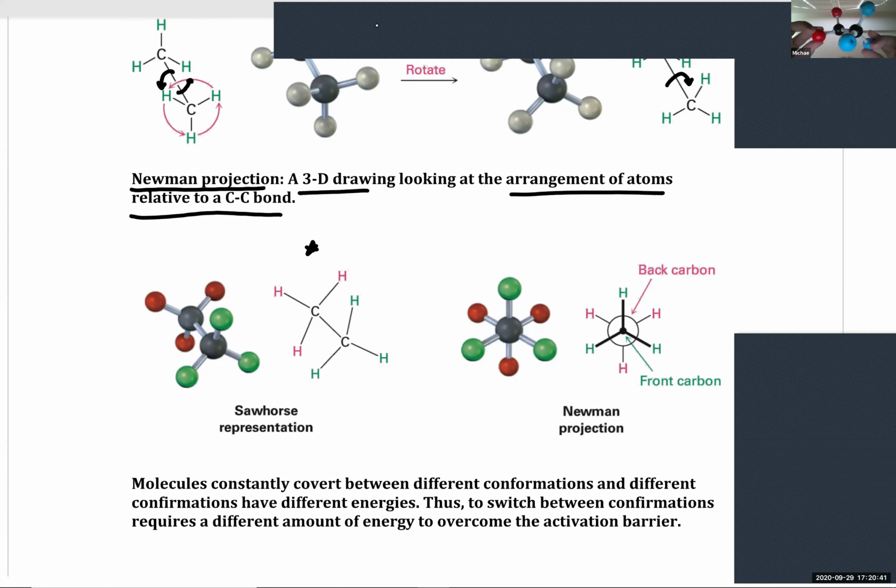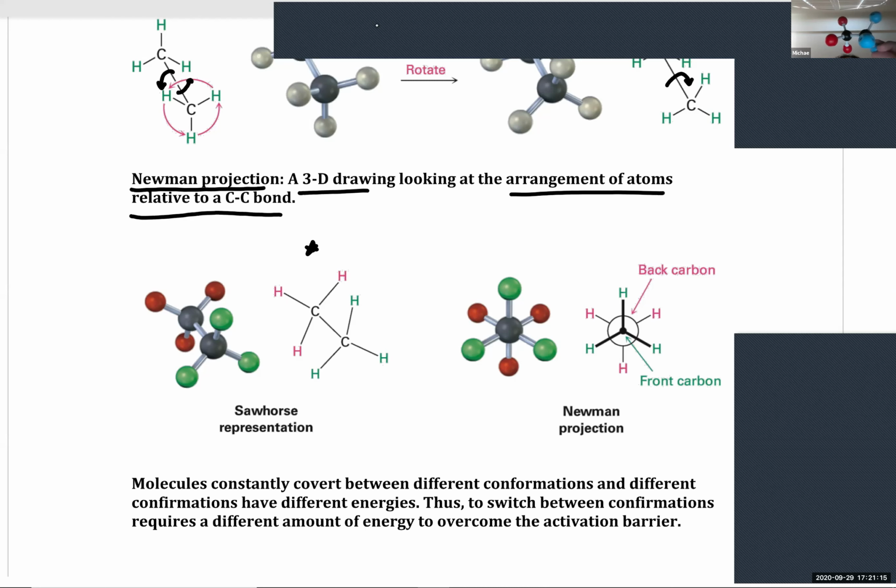Does everyone see how we're looking sort of down one of our carbon-carbon bonds at an angle? Does everyone see how we're looking at our molecule from a side-on perspective? Okay, so this is a sawhorse representation. So we have one of our atoms pointing towards us, the other atom pointing away from us,